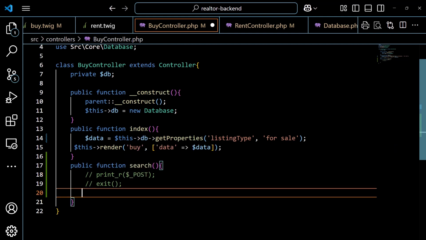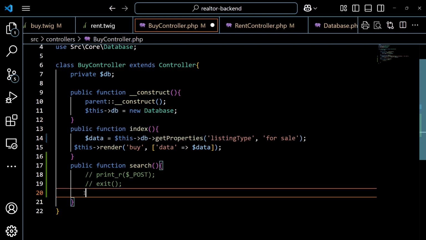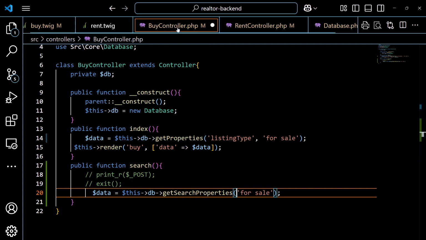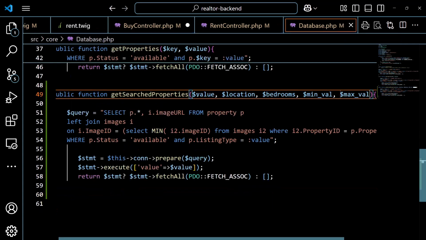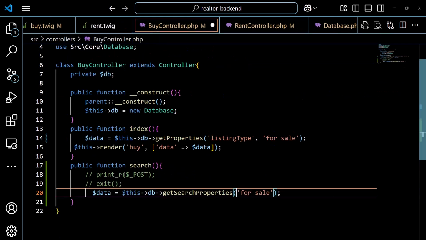So for that, first of all, let's copy this part, paste it over here, and let's change the function name from get properties to get search properties. Okay, so first thing that we are going to do is remove this listing type because we have already converted it into a static column name. However, its value, which in this case is for sale because we are in the buy controller, is going to be passed to this value variable and eventually passed to this placeholder. But for the rest of these parameters, location, bedrooms, min and max, we are going to pass this array,